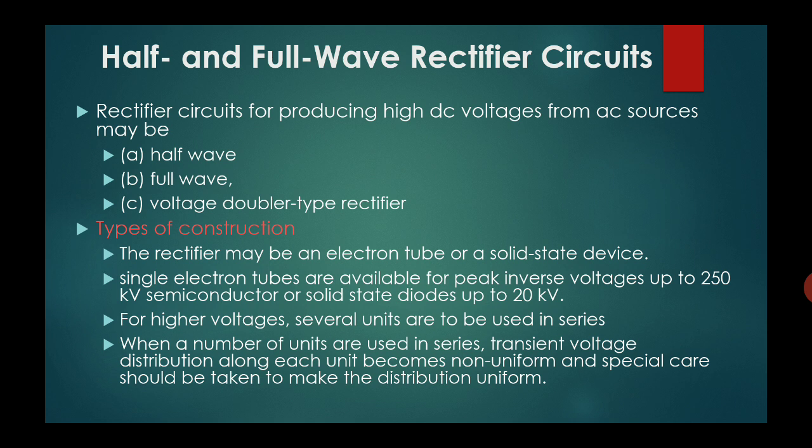So the transient of voltages is not felt the same by the different rectifiers, so each rectifier will rectify in a different manner. So you will not get a uniform distribution. Ideally each rectifier should do the rectification uniformly, but since they are connected in series, the one rectifier just next to the previous one will not give the same rectification as the previous one. So there should be an arrangement so that you get a uniform distribution.